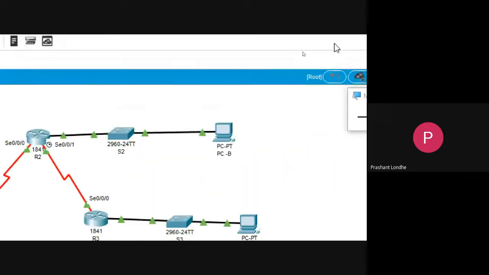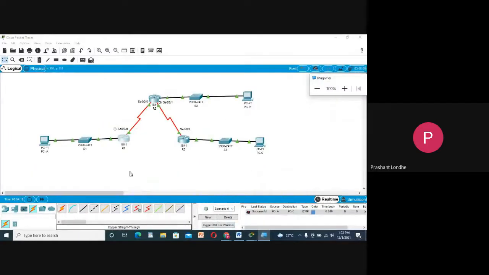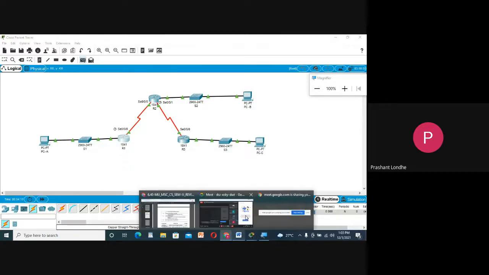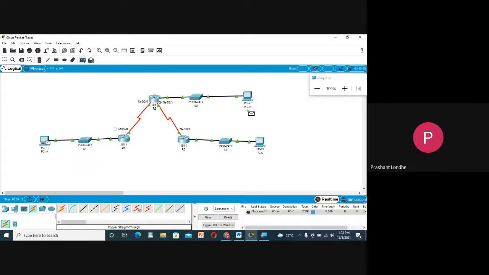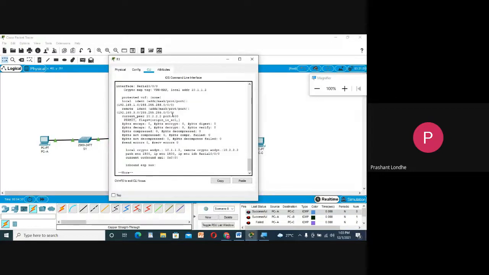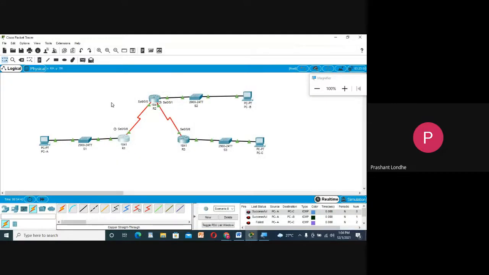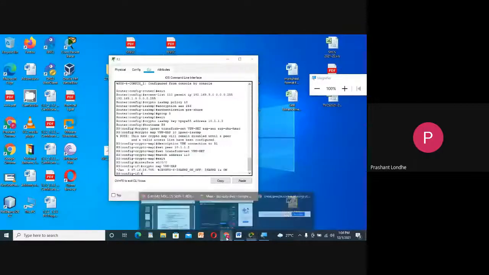And let us check. Fine. It is successful. It will fail because we have applied the cryptography over there, so it will be blocked. Now the same thing you can apply over here. There is PCA and PCB, and you can check. But you should check the peer list over here, and then only it will be accessible. So this is all about your practical number 10. Any query in this practical?